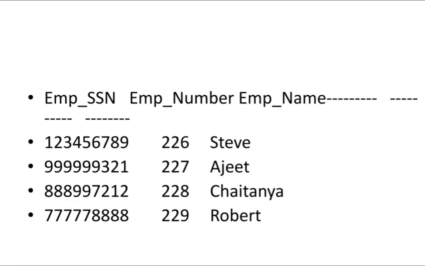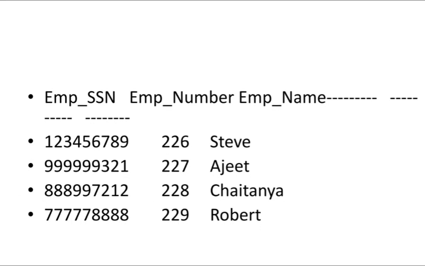It is possible. But in key, it is not the case. If you remove any one of the attributes, you can't identify the record in the key. That is the condition in the key. In a super key, you can remove any attribute. Even after removing any attribute, you can identify. For example, I told you, if I remove employee name also, I can identify the record using employee number and employee SSN in super key.